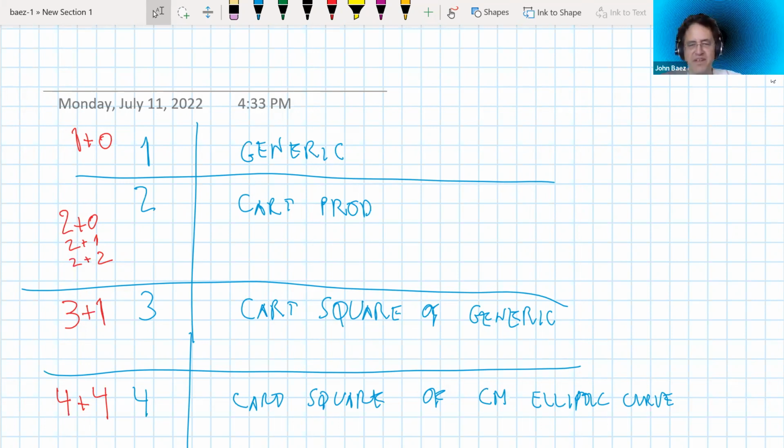Yeah, that was back when I knew something about it. There's some stuff that I don't know anything about, but I have some vague ideas about where to try to learn that. You know, maybe the Fulton-MacPherson compactification, maybe the Fulton-MacPherson operad. Maybe those have a lot to do with these smooth curves that degenerate into these non-smooth ones. And maybe that ends up being important in string theory and conformal field theory or something like that. I don't know.